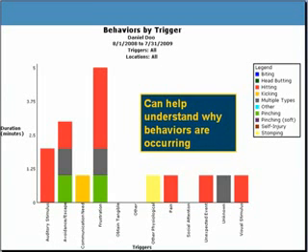Another kind of chart you can create is a behavior by trigger chart. So this is not a time-based chart. I'm seeing these are the behaviors. Hitting on this particular chart is very prominent in the one-year period covered by this chart. And I can see that the most common trigger that I had was frustration. The next most common trigger was avoidance escape. The next most prominent one was auditory stimulus. It can help you understand why particular behaviors are occurring